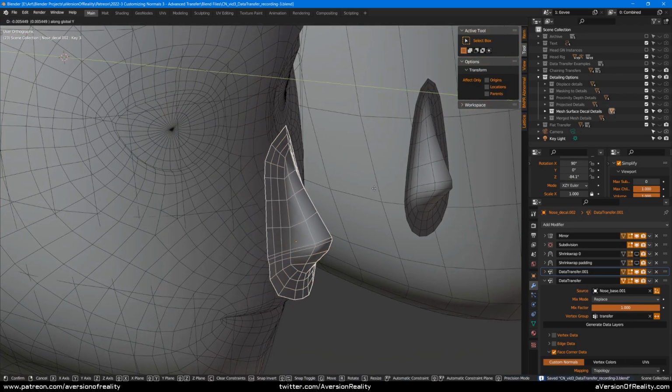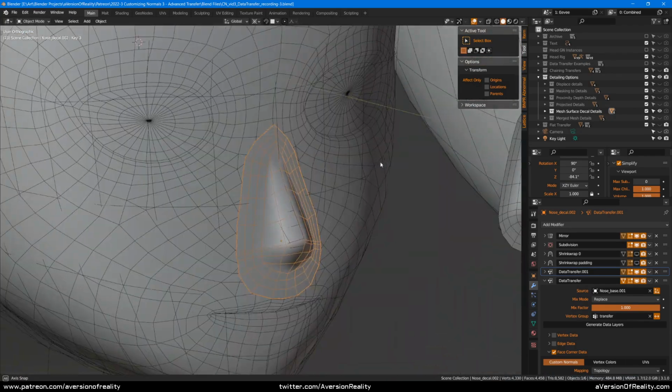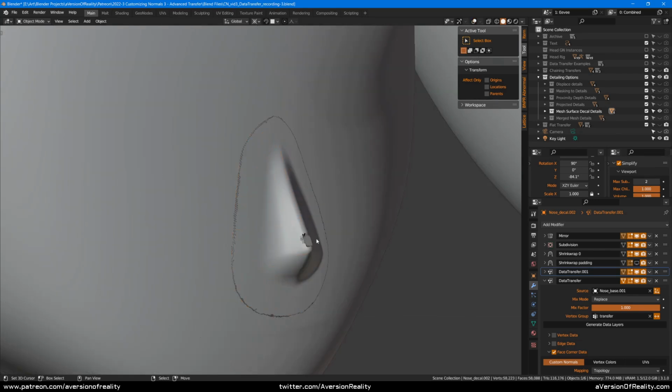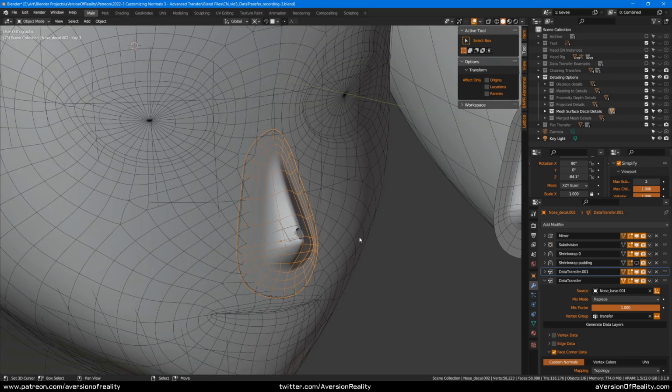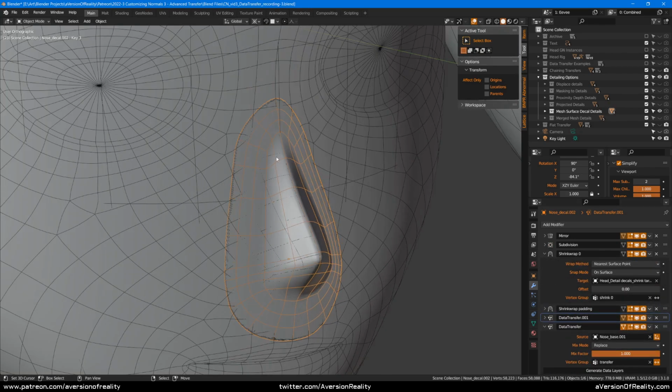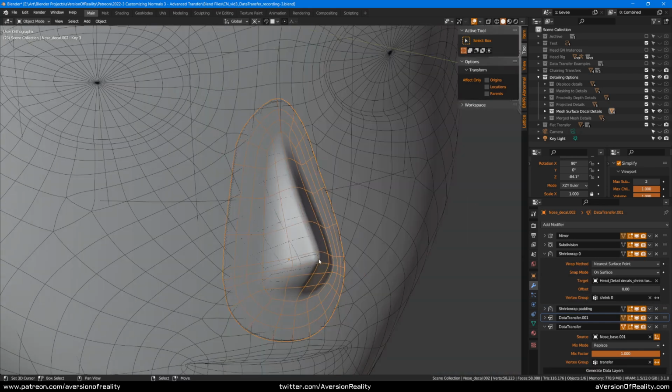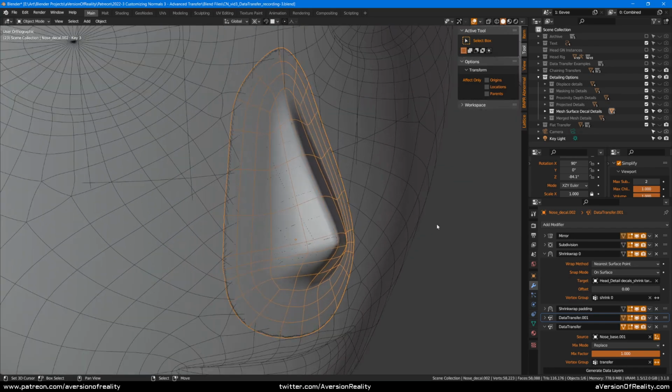We can move it around, of course. So I've got a couple of shrink wraps to keep it above the surface, because without these, you can end up with some Z fighting. Like there, the base head is sticking through it a bit. So I've got one shrink wrap on the edges to make sure they always will stick to the mesh very well, and others that make sure the interior of the nose will stay above the surface.